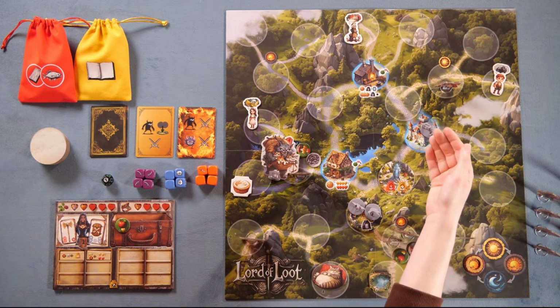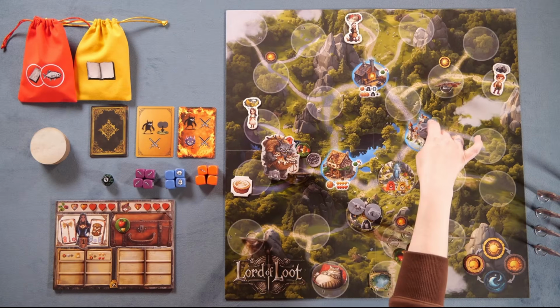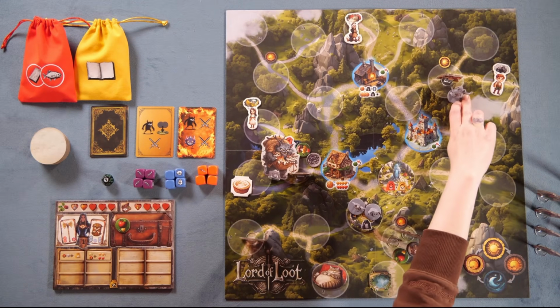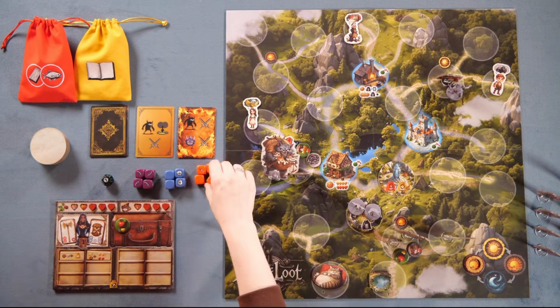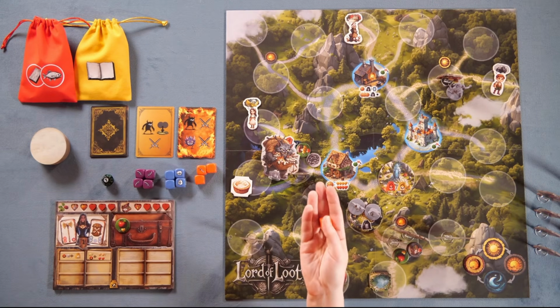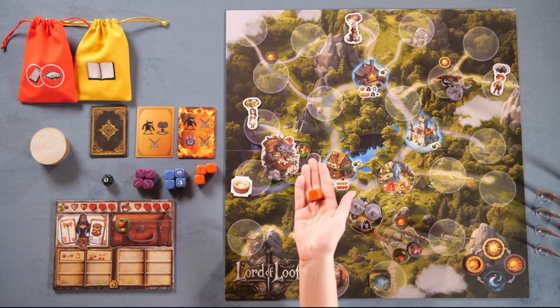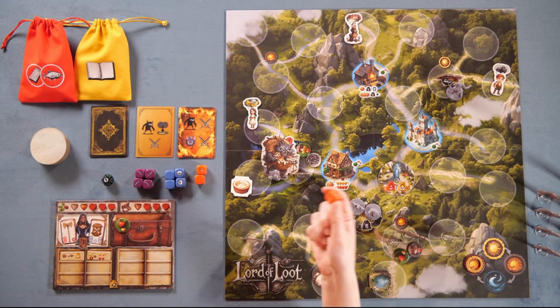So, for example, if it was this character's turn over here, they would be able to move 2 spots up here to this guard and then engage them in a battle. Now, when you fight a guard, they fight with an orange die, which is what heroes start off with as well. So, assuming that this hero here only had 1 orange die, they would roll orange dice up